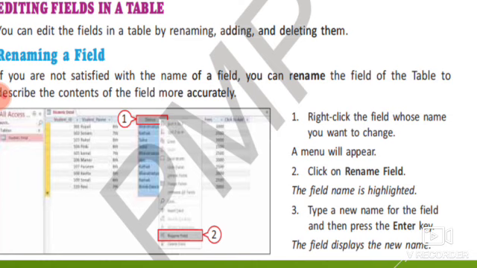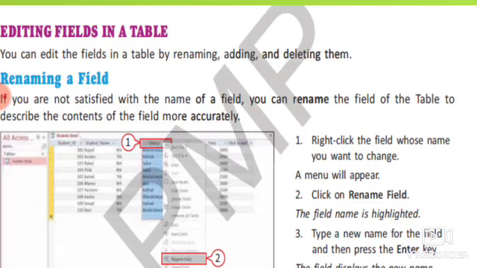You have to click right mouse button on that particular field, and the blue color or the highlighted part will tell you to enter the new field name. So in this way we can change the field name after making any table under the database. So here only the steps you have to see, and the extract I have taken from your textbook only. And when we will come to our lab, I will show you all the steps.